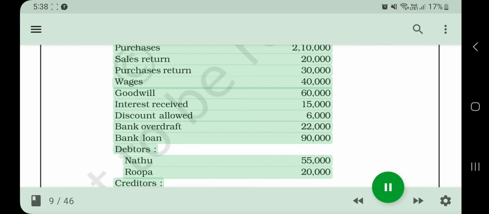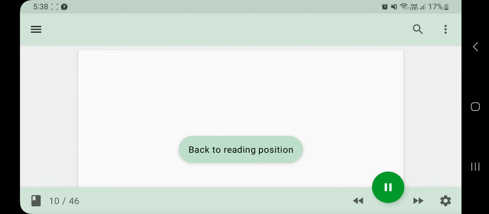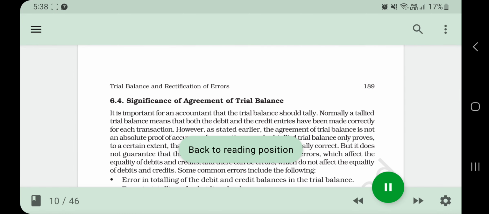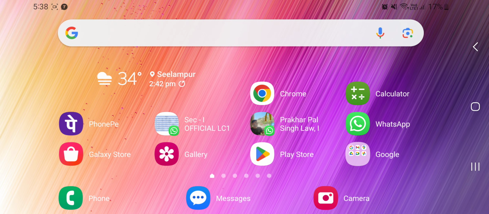Capital 100,000, drawings 16,000, machinery 20,000, sales 200,000, purchases 210,000, sales return 20,000, purchases return 30,000, wages 40,000, goodwill 60,000, interest received 15,000, discount allowed 6,000, bank overdraft 22,000, bank loan 90,000, debtors Natu 55,000, Rupa 20,000, creditors Reena 35,000, Ganesh 25,000, cash 54,000, stock on April 1,